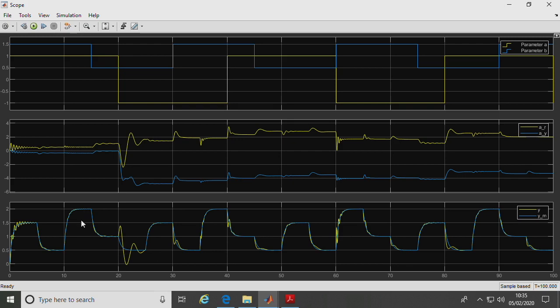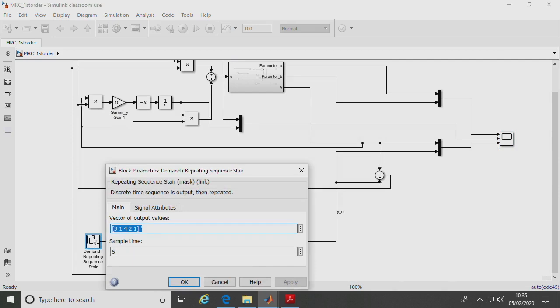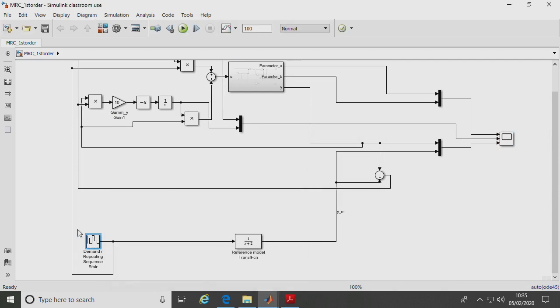So we have here in this case, the yellow is our output Y, and Ym is the demand. So actually it's nice and smooth. The blue signal is the demand. That's possibly the advantage if you create here, for instance, in MATLAB, some kind of more random demand sequence. It's essentially a step kind of demand. It's discontinuous to some extent. And it's getting filtered through the reference model.